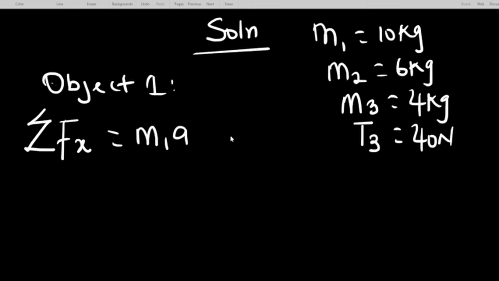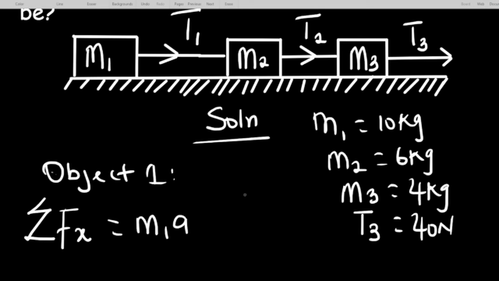Looking very closely here, we can see that this is our mass 1. Let's use a dot to represent that. There is only one force acting towards the right. So the masses are moving towards the right. And all the forces that line up perfectly in the direction of motion are considered positive forces, while the forces that are in the opposite direction are considered negative forces. So this is our M1, and there is only one force pulling it to the right. They are moving towards the right. This is the direction of motion. You can see the arrows as indicated. So this is only T1